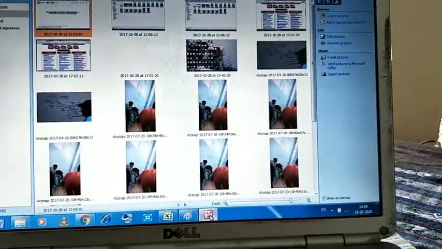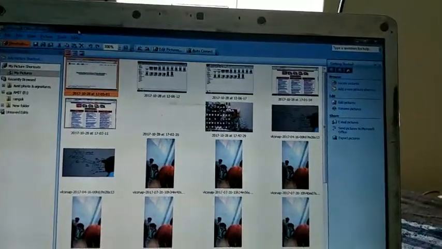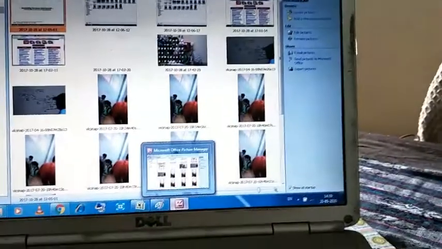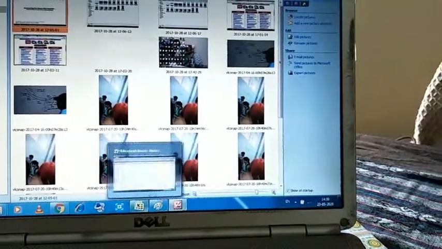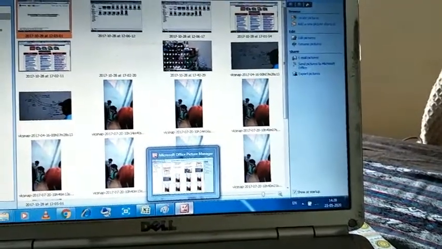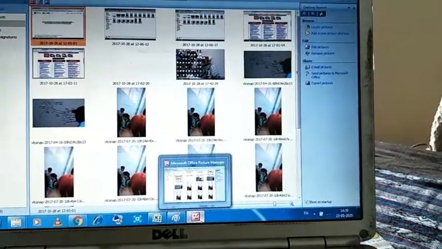If you click here on MS Excel, then MS Excel will open. Again click here on Microsoft Office Picture Manager, then it will open. So with the help of these icons placed on the taskbar, you can easily switch between the programs. That is called switching between the windows.